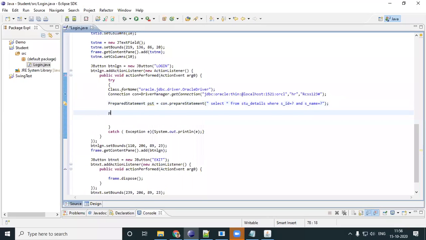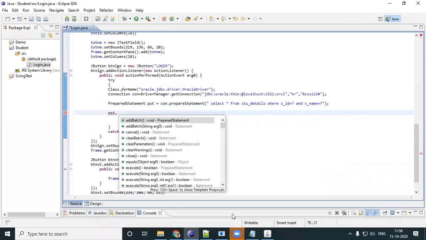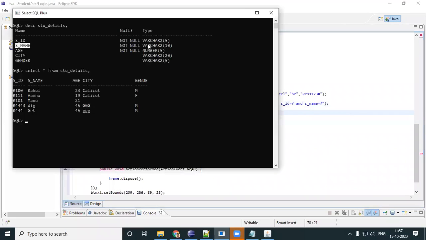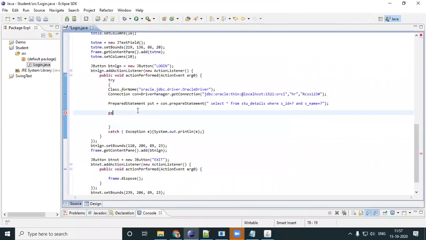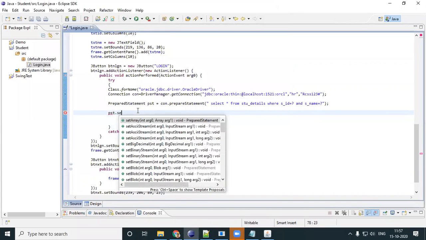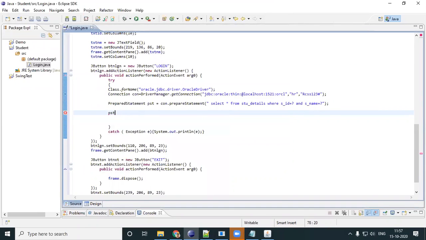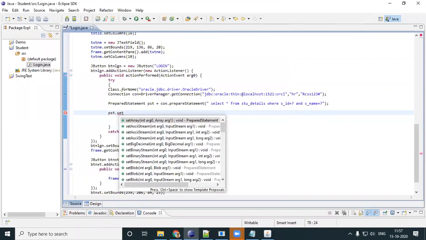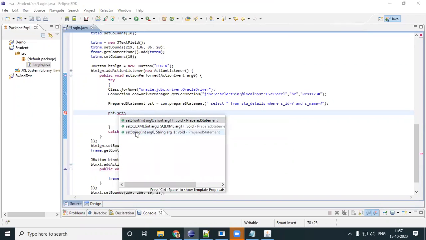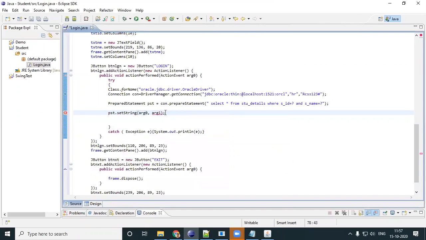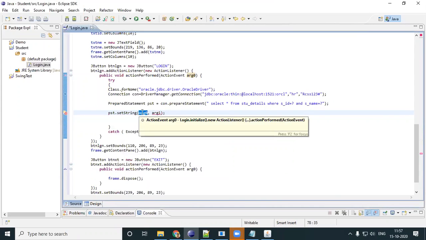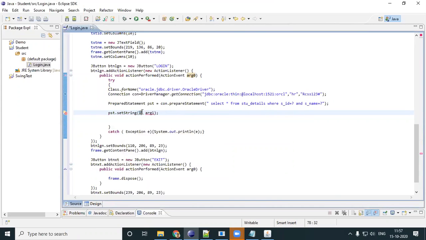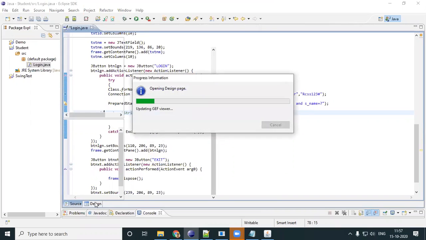Now let's set PST. Before that, let's take the data types of both. Both are varchar. Because both are varchar, it is set string. So PST dot set string. The first argument, I'll just comment this and take my design.